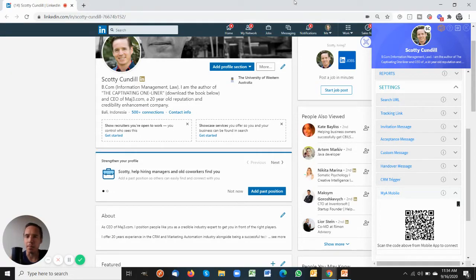Good news. The My Most Trusted mobile app is here. How exciting. Under settings of the Chrome extension, you will see My Mobile. This is how you're going to get connected. I'm not going to go into details now. Just install the app on the phone and follow the instructions. It's really, really easy. Whatever you do in the Chrome extension will appear in the mobile app, and of course,